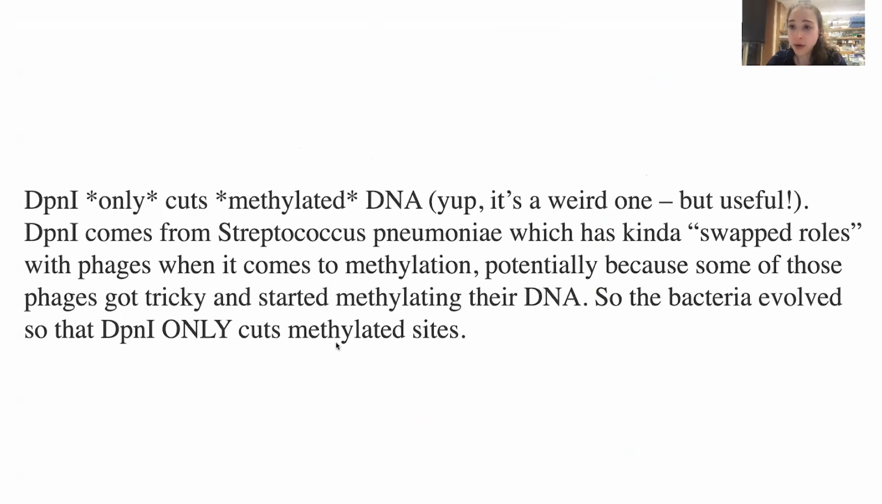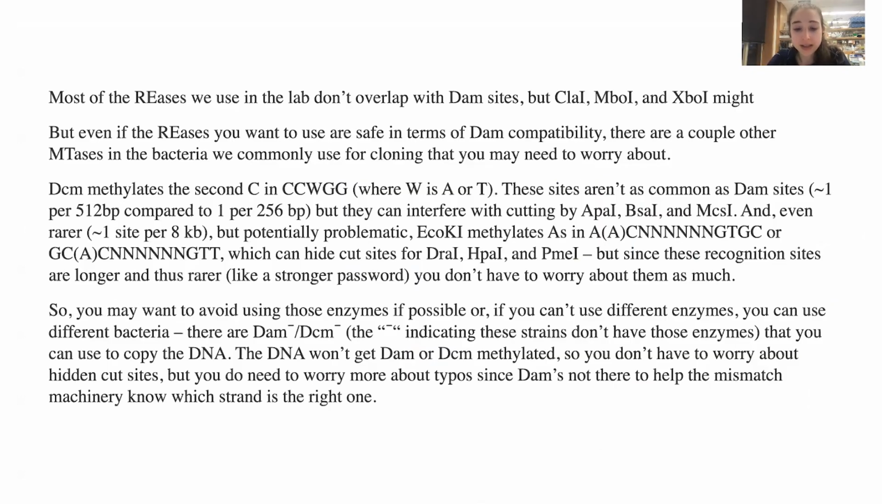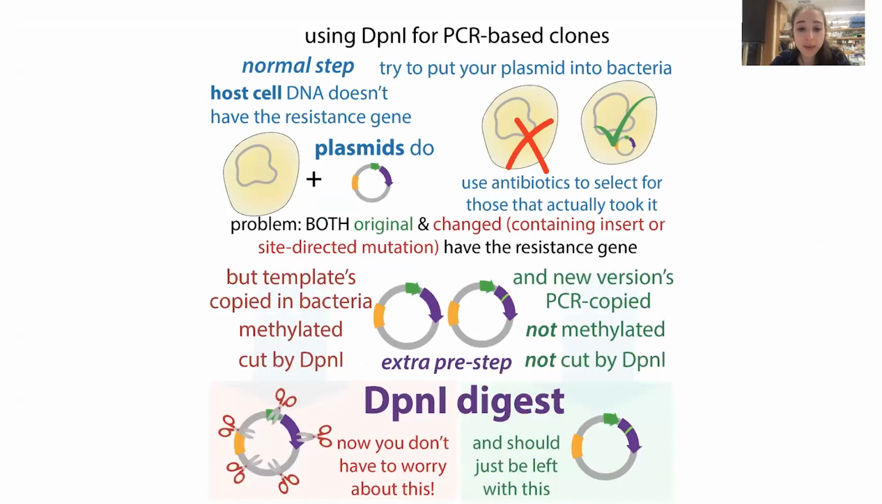It's a pretty weird one. Basically it comes from Streptococcus pneumoniae, and it's kind of switched roles with phages when it comes to methylation, potentially as part of an arms race between the phages and the bacteria. Some of the phages started methylating their own DNA, and so the bacteria evolved so that this DpnI only cuts methylated sites. We can take advantage of this to chew up the methylated parent plasmid so that we only have our